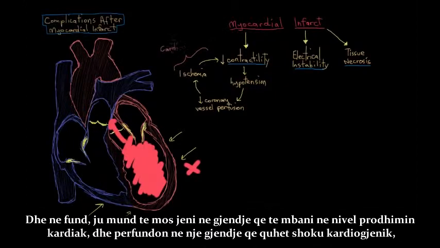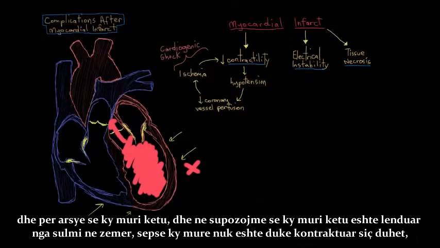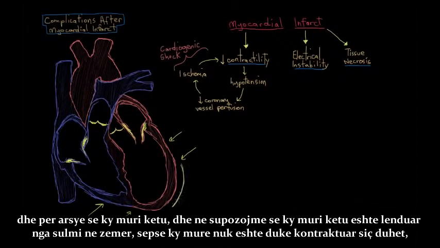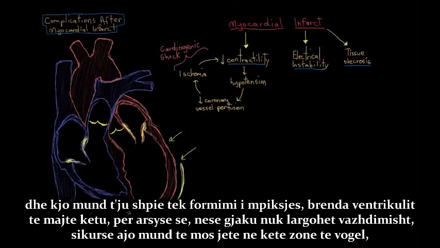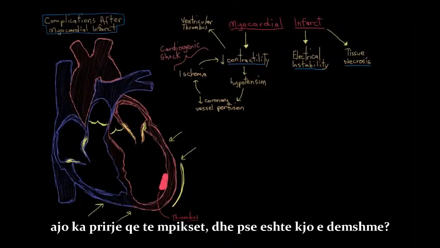and end up in a condition called cardiogenic shock. And because this wall here, and we're assuming that it's this wall that's been injured in the heart attack, isn't contracting very well, you'd be predisposed to forming a thrombus, a clot on the inside of that left ventricle there. Because when blood isn't constantly moved around, as it might not be in that little area there, it tends to clot. And why is that bad?